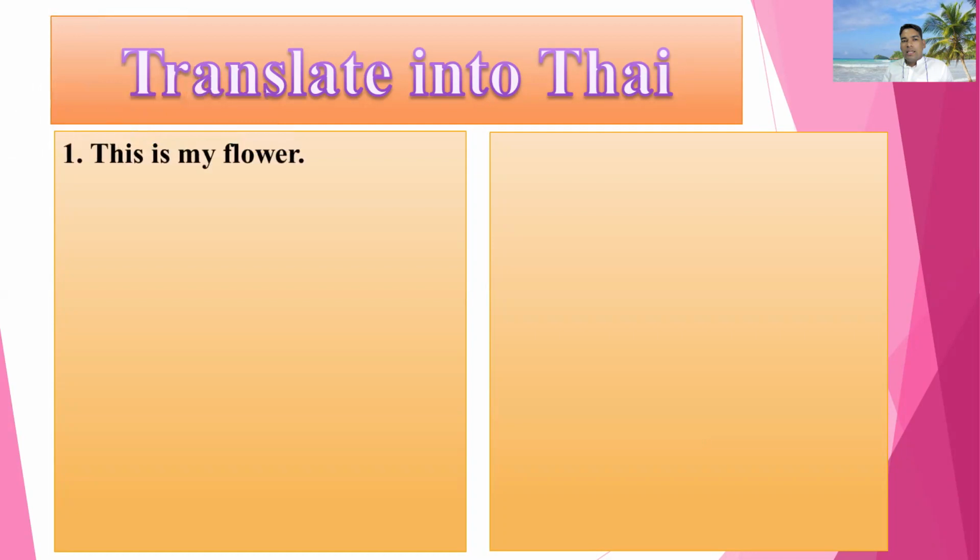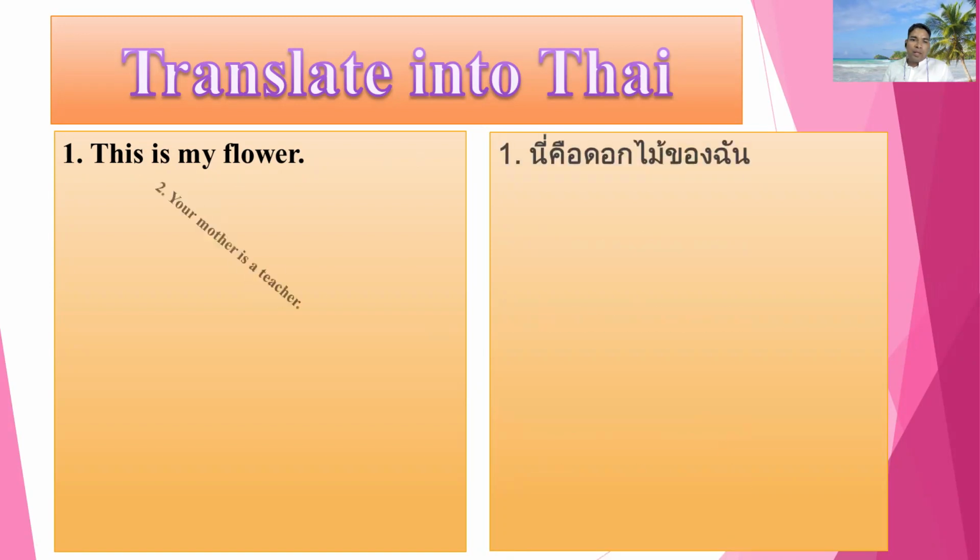Number 1, you can see: this is my flower. This is my pen. This is my shirt. This is my computer. So this is talking about the possessive adjective in the sentence. There it is written "my flower". What is it saying about the flower? That flower is mine. So "my flower" is the possessive adjective,